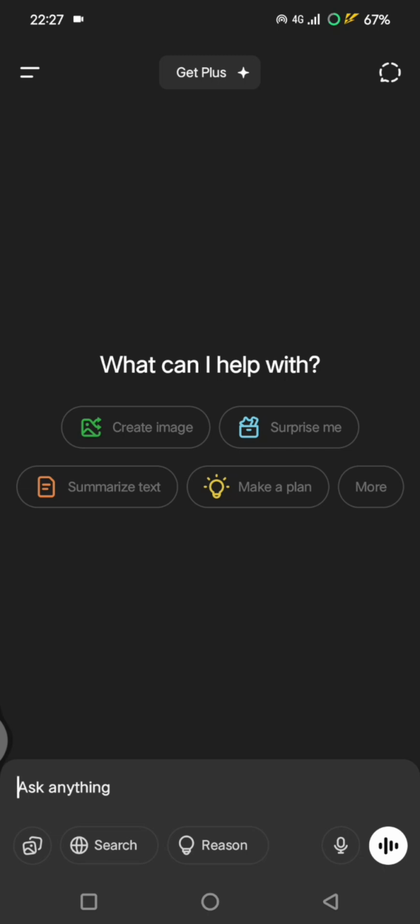So what you need for this transformation is a clear selfie or portrait photo, ChatGPT, and also if you want to, you can add an additional AI image tool like Bing Image Creator, Leonardo AI, Ideogram, and others. And you can just open the ChatGPT app on your phone or your computer, and then you can just write